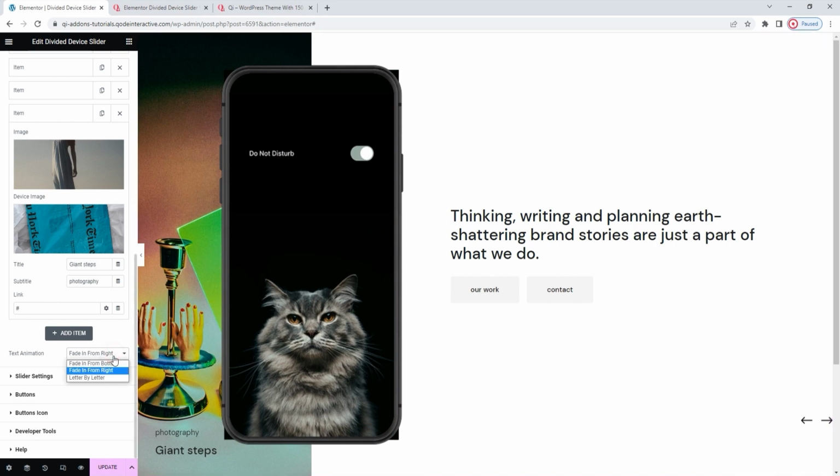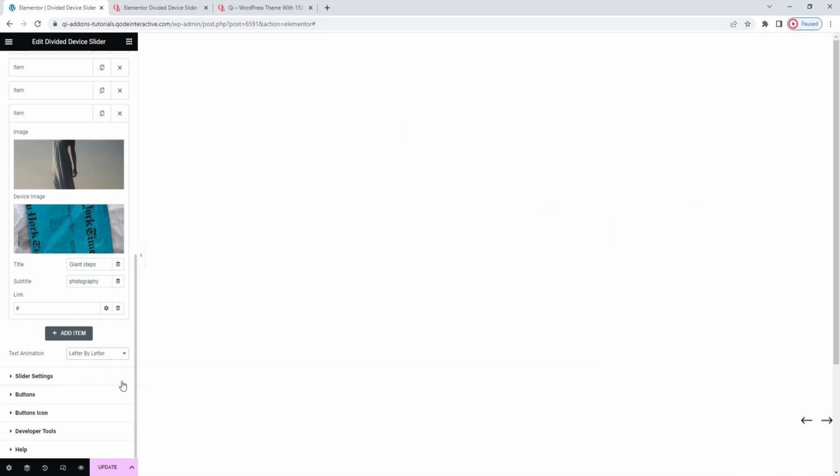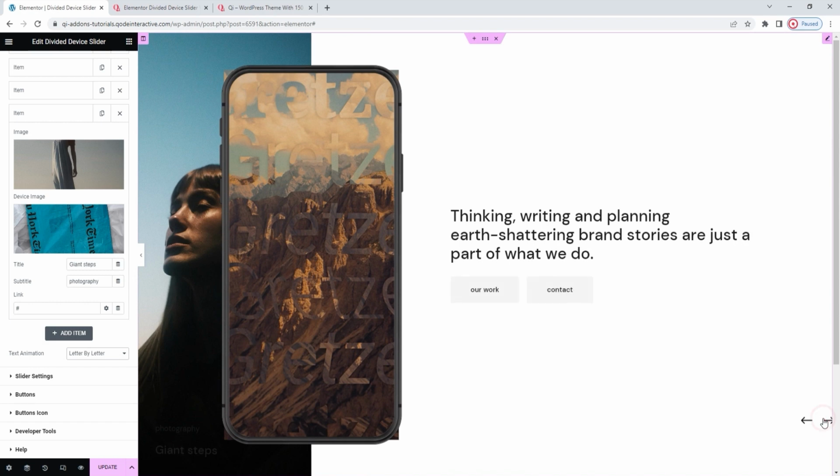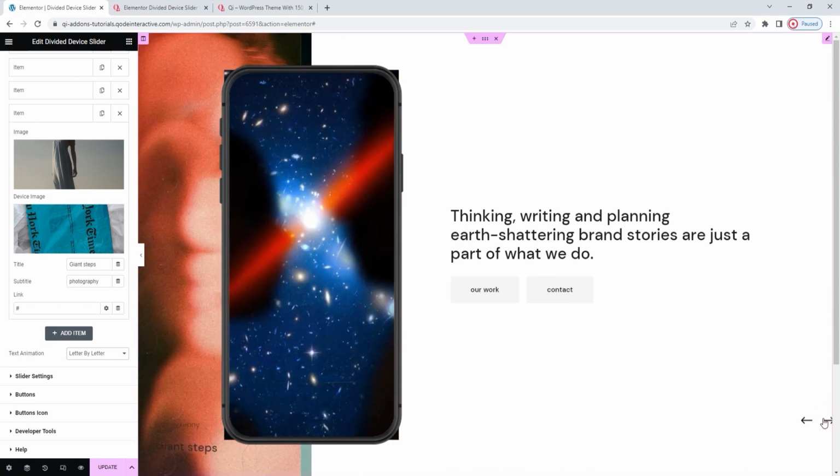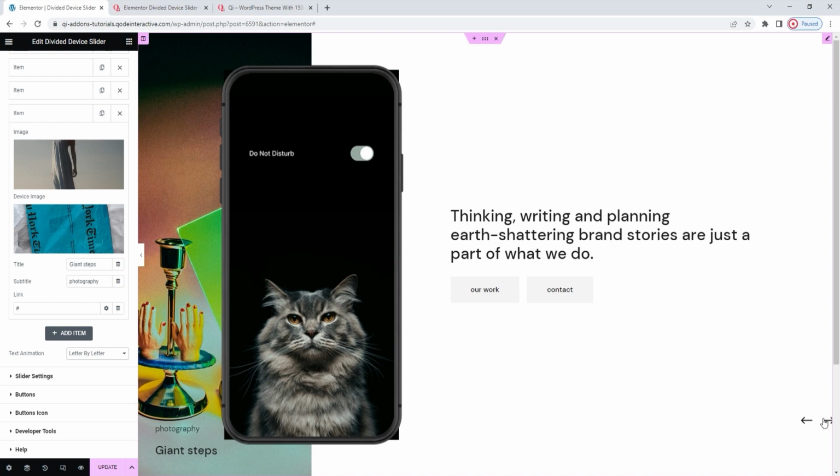Other than that, we have the letter by letter setting, and this is the one I'll be keeping. I'll move through the sliders so you can see the effect on all my text content. Okay, with that we covered the general section of the content options and we can move on to the slider